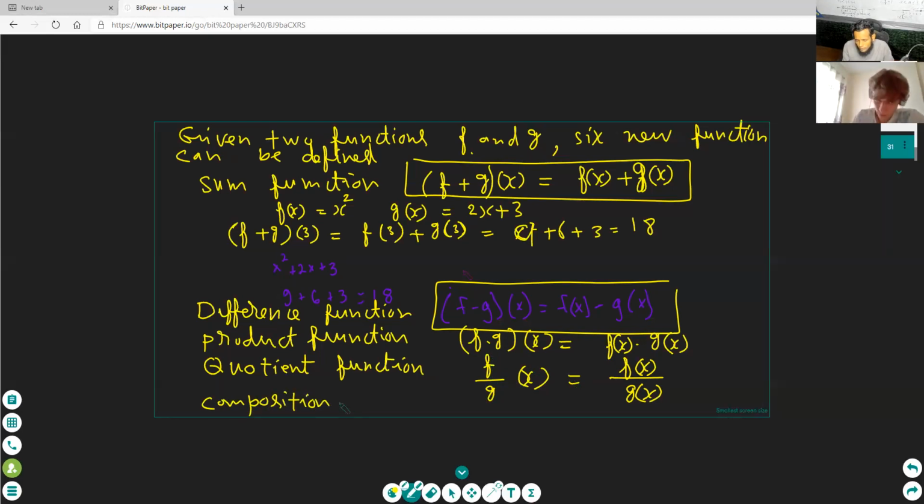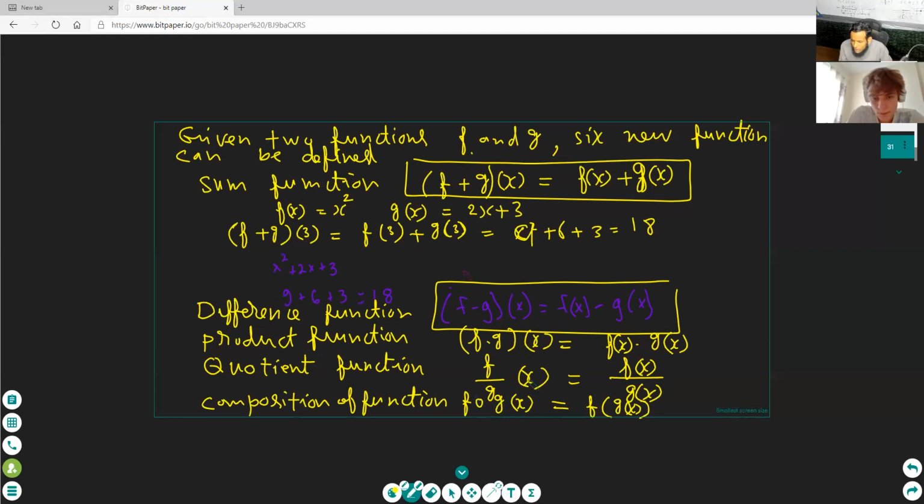And then the composition of function. Composition of function is also another operation. f of g into x. This is f of g. This is composition. We mix two functions and its formula is f of g of x. In composition of functions, f of g is the composition of functions, two functions composition. And f of g of x means that we will replace x by g of x.